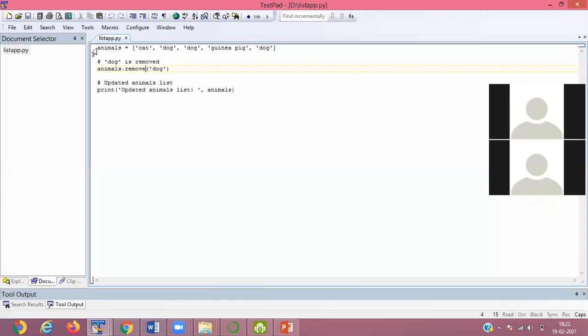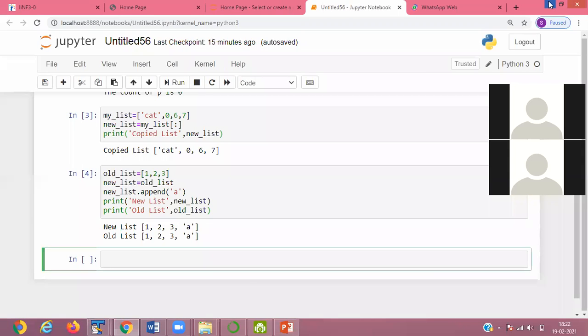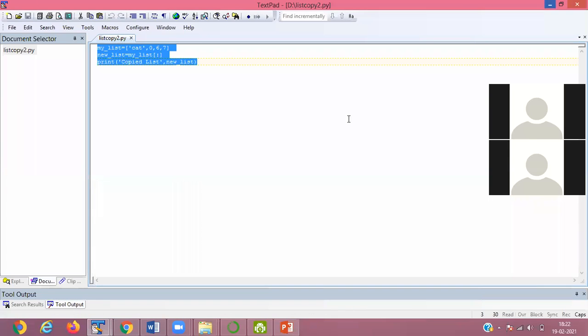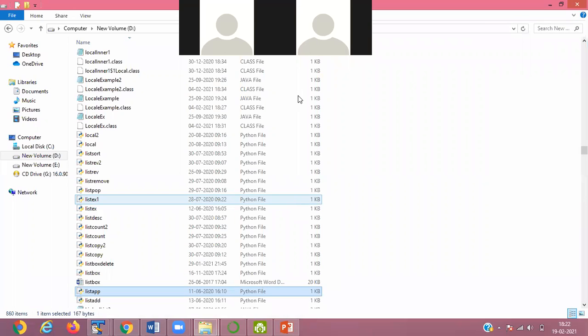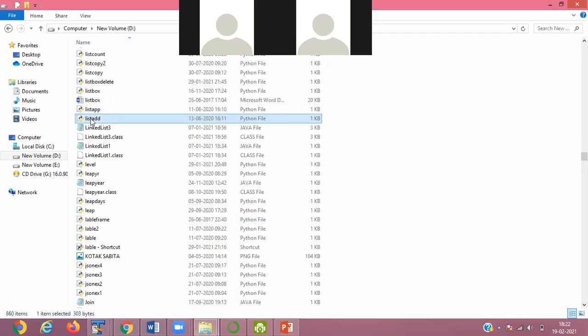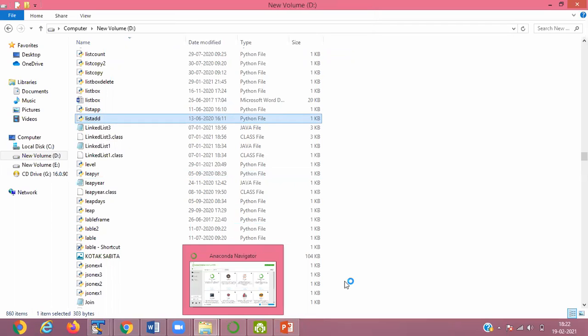Remove method. The next example we are using for adding the elements.